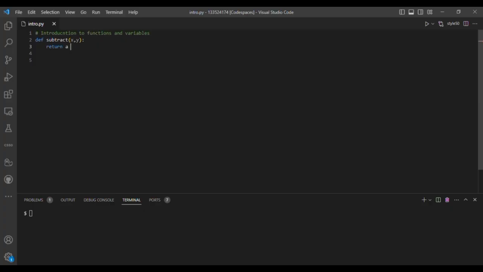The return statement allows the function to send a value back to the caller. The return value can be stored in a variable or used in further computations. Functions can also return multiple values using tuples or lists, which are ordered collections of elements. We will discuss lists and tuples in our next video. So here at the last I will call the function and store it in a variable named result, and then after that I will print result. So when I run,